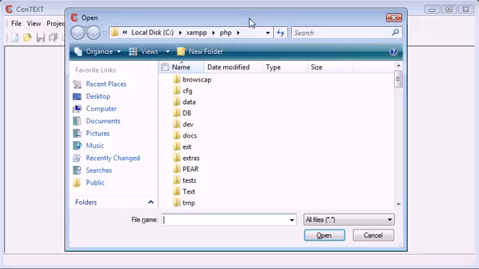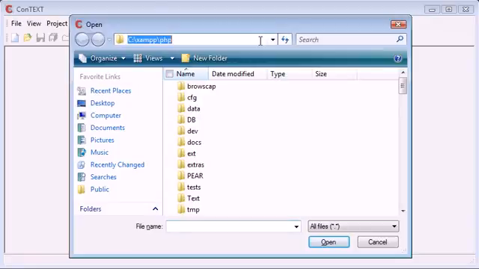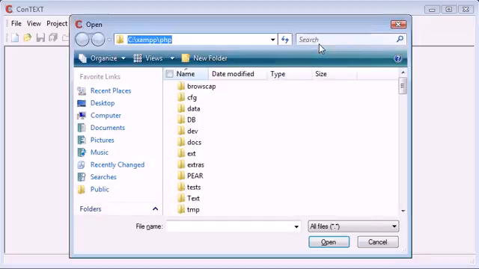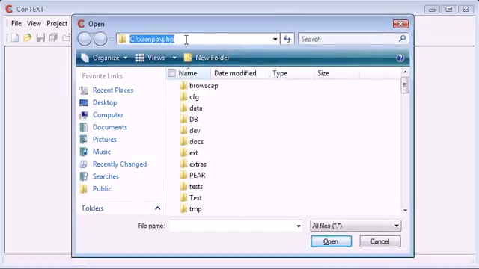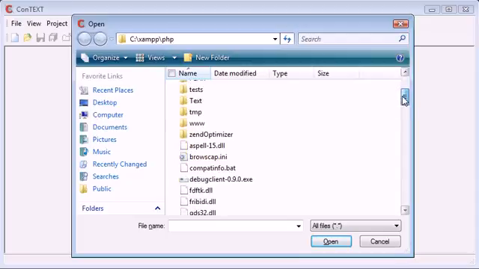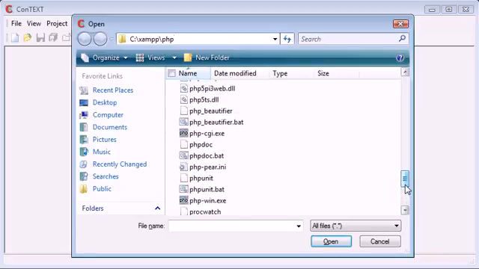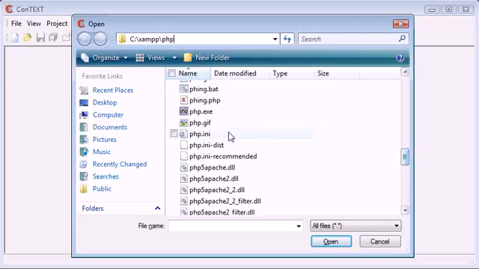So let's open up an open dialog. Now you can see that at the moment I'm in c:\xampp\php. This is because I'm running a XAMPP package. You can see here I've got my XAMPP control panel open, and I've got Apache and MySQL running. This is just a package that I've installed that contains Apache along with PHP installed with Apache. So this is our folder with PHP, and it's got all the information and the runtime DLLs with regards to our PHP installation. Now obviously the file we want is, let's just find it, it would be here,